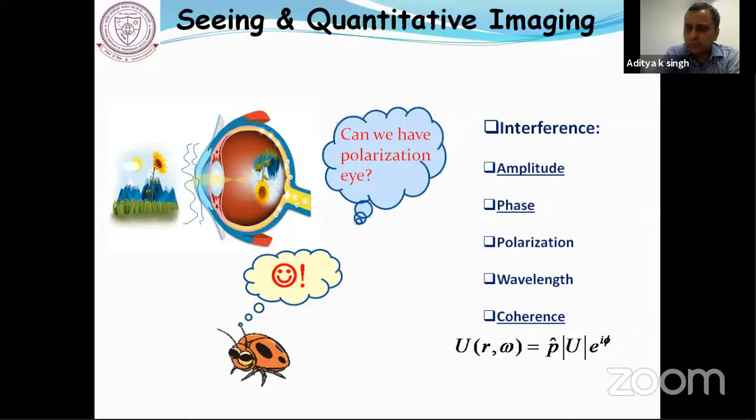Unfortunately, the simplest detector, like our eye, doesn't give the polarization information. So to get the polarization information of the sample or the light, we have to design a system which offers the polarization part. In my talk, I will not present it, but I will try to connect how we can extend the correlation imaging techniques, even ghost imaging, to the polarization domain.